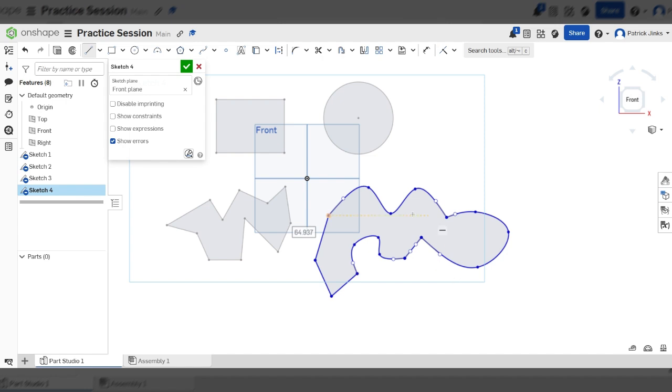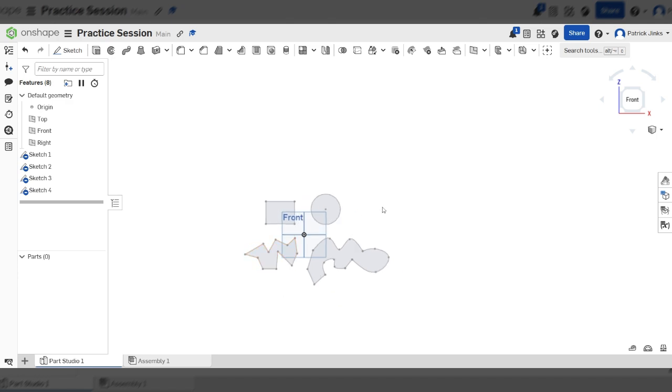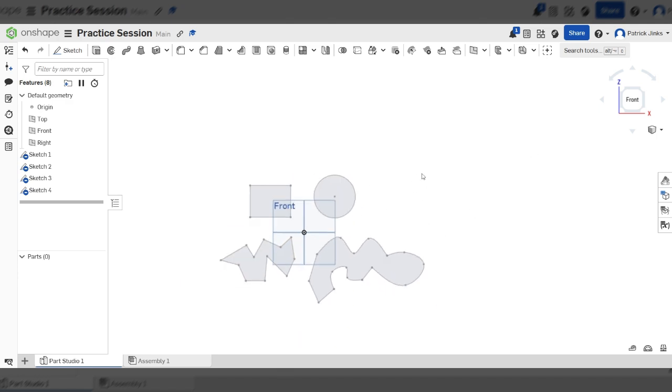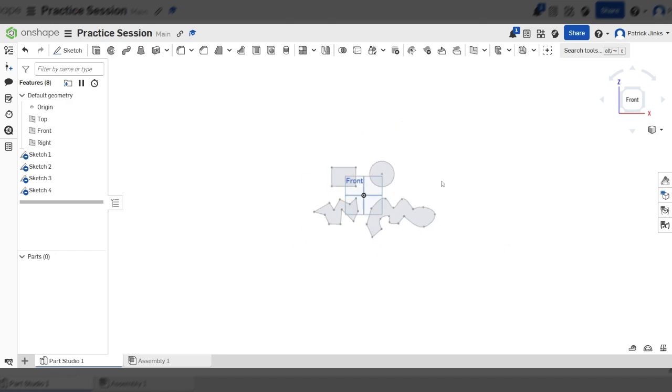And again, as soon as I finish that, you'll see it goes grey. I'm going to click the tick. Now, what you're going to do is just somewhere in the empty space, scroll out. If your screen's got a bit full, to zoom out, just scroll out using the middle mouse button,